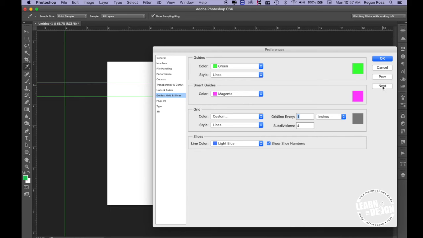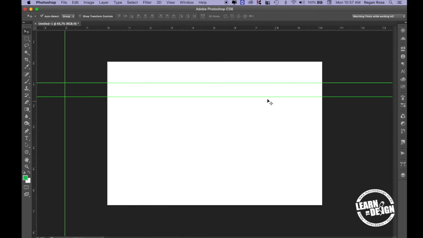and that should hopefully help you as well in identifying the guides in case your artwork is a similar color. If it's green, you can change it to red, so it just helps you identify your guides. And yeah, that's just a quick